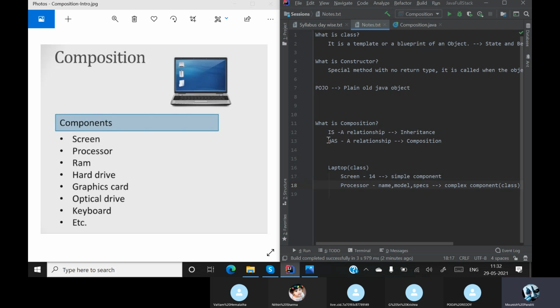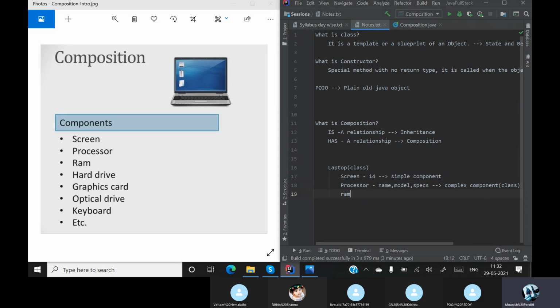So if you see here, there is a has-a relation. Processor is not a laptop, so definitely it is not an inheritance. But laptop has a processor, that is a composition type.